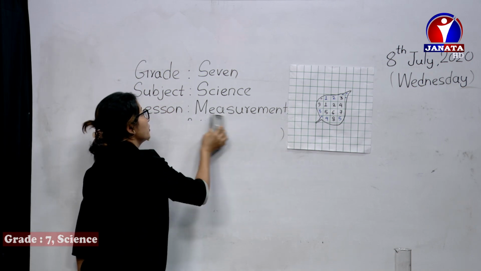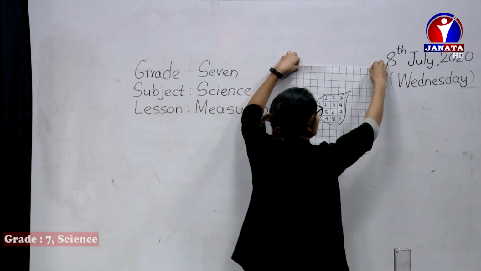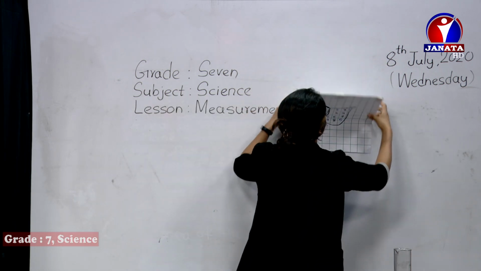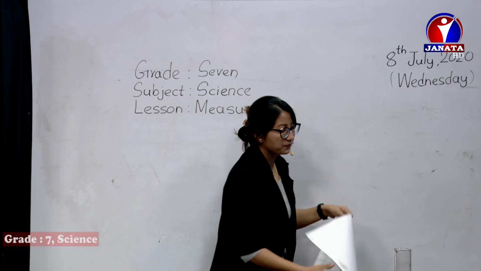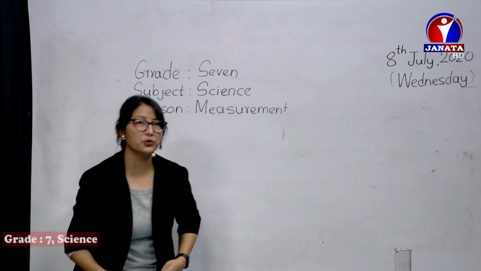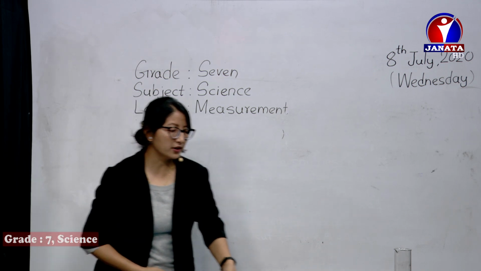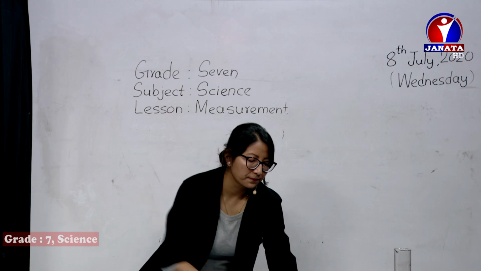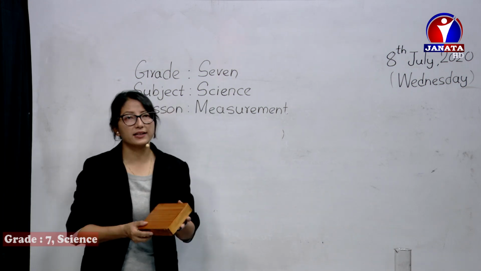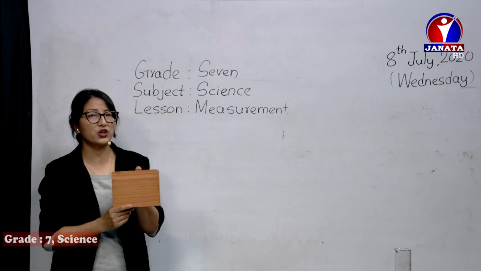It's volume. So till today we have already studied the calculation of area of regular and irregular objects. So now we are moving to volume. So what is volume then? See, previously we discussed area, the space or the surface covered